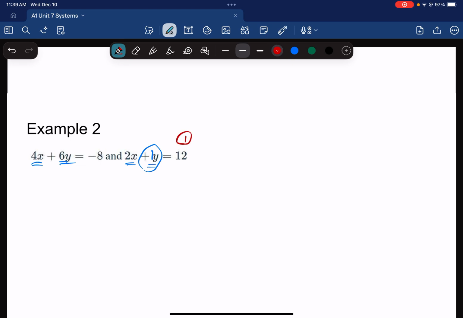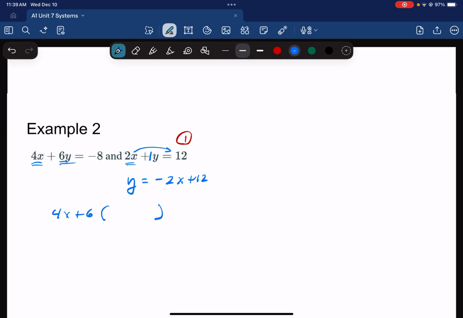So step 1, I've decided I'm going to solve this equation for y. So I'm simply going to rearrange and make it negative 2x plus 12. I'm just moving the 2x to the other side of the equation. So let me just clear that up a little bit there for you. So I solve this equation for y by just moving the 2x to the other side. Now that's step 1. Now step 2 is take your other equation,